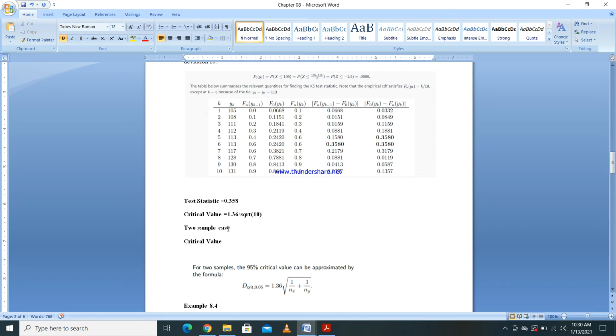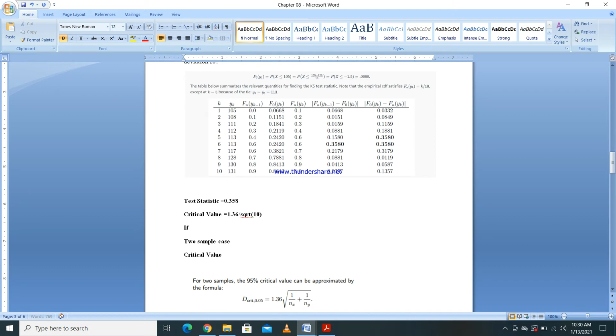So what you have to do is, after checking the values, if our table value, if our critical value is less than the calculated value, then you have to reject H naught. If you are rejecting H naught, that is, we cannot say that this is following a normal distribution which has the mean 120 and the standard deviation 10. So you can check it at home.